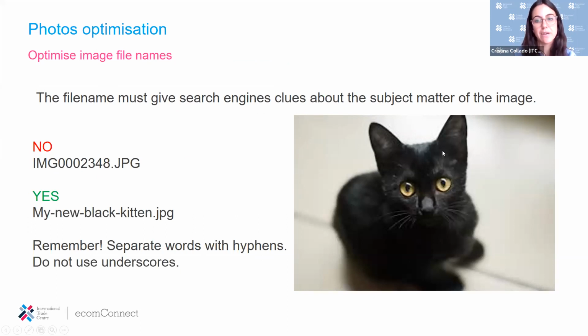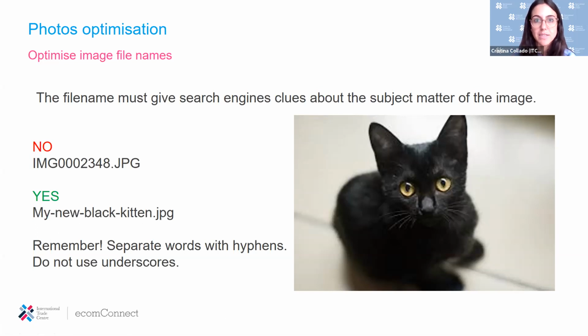So for instance, we have this photo, which, as you can see, is a small cat. And if we don't change the name, we would probably save it somehow like this. And what information does it give us? Nothing. So we need to name it like this, and this will help Google extract information about the image